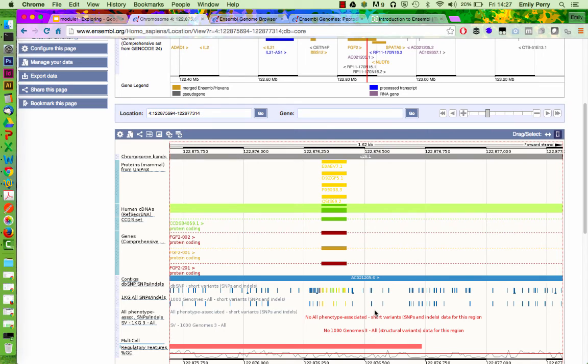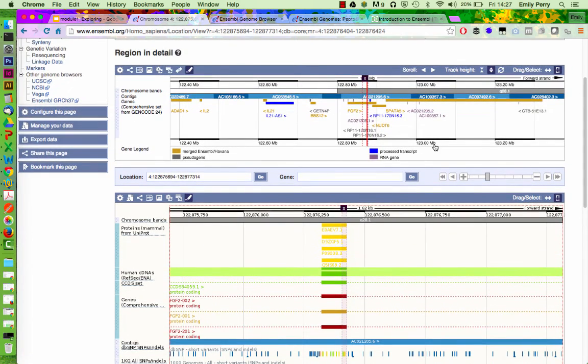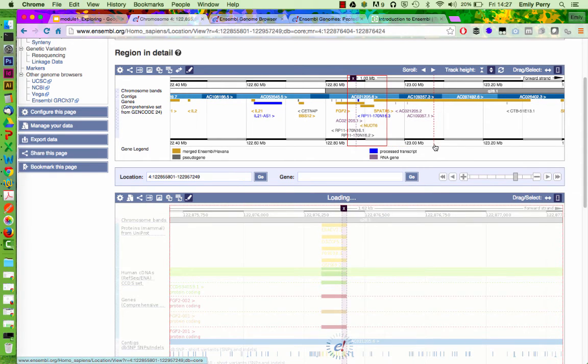I decide that I'm really interested in these variants here. So I can drag out a box around them. I can say mark region. I can then zoom out by dragging out a box here, jump to region.